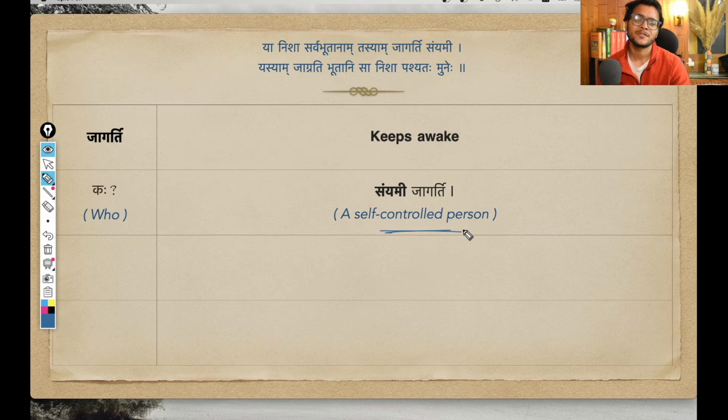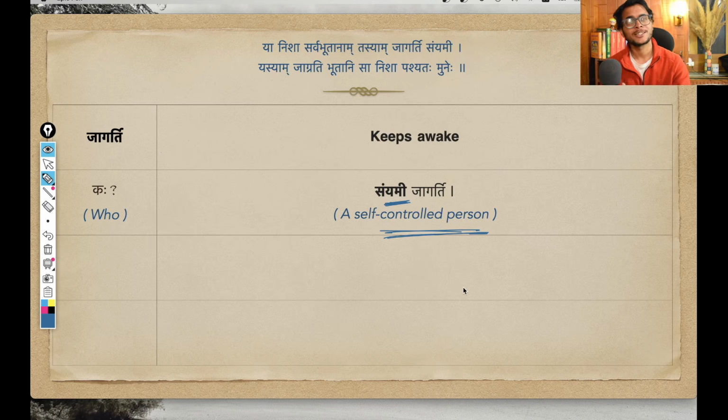And again see, a self-controlled person here within the context of this shloka means a yogi. This self-controlled person is not referring to you and me, who exercise a restraint or control for a temporary period. It is Navaratri going, so I will not eat non-veg, I am a self-controlled person. No, it's not. The shloka is not talking about that. The shloka is talking about a person who has brought his senses under his complete control. So that kind of a self-controlled person, basically a yogi. So with this Sanyami, this shloka is referring to such a person, a Sthitaprajna, to whom Krishna is referring in all these shlokas.